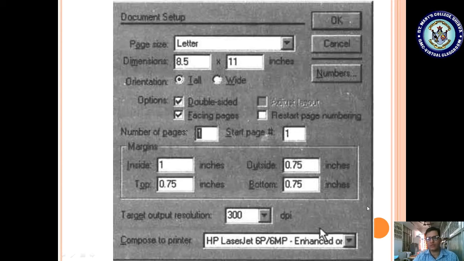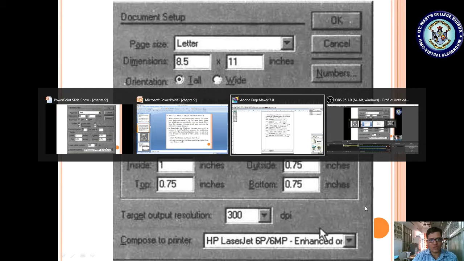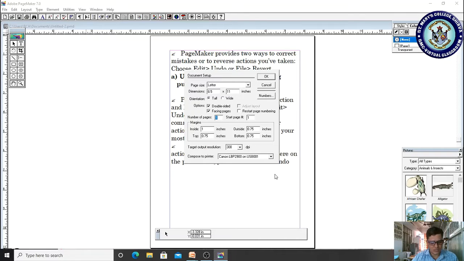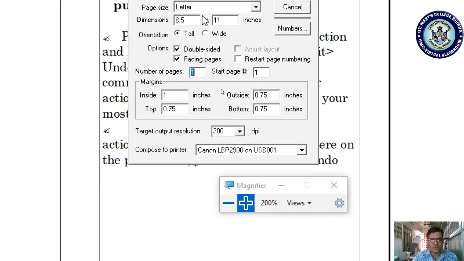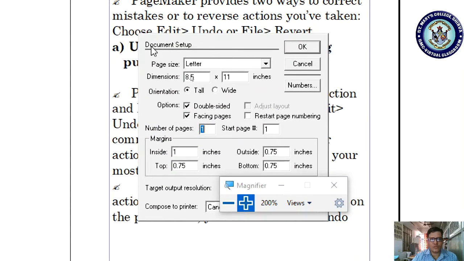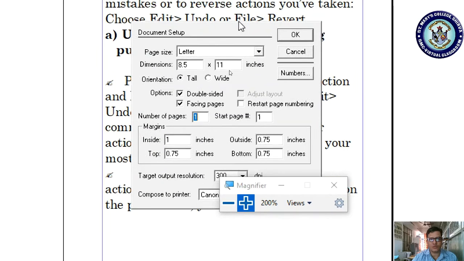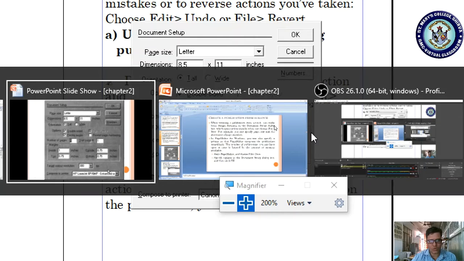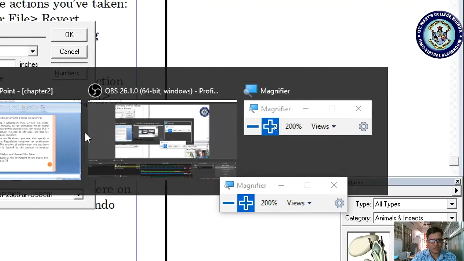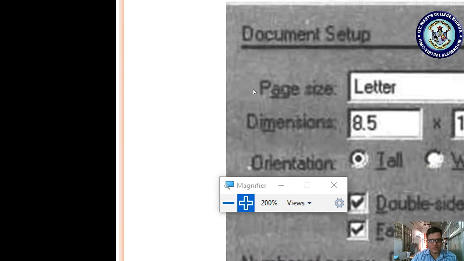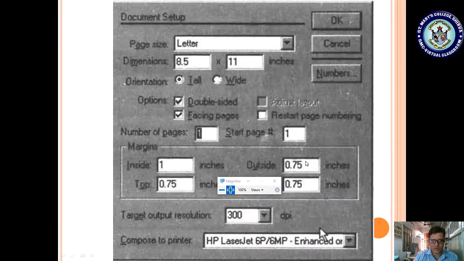So just now we have seen this, right? Here we are seeing the same concept. Whenever I choose the New option, it first asks for the Document Setup. In the Document Setup, you set whatever requirements you want to specify. Okay, got it? Yes. So likewise, we are performing.